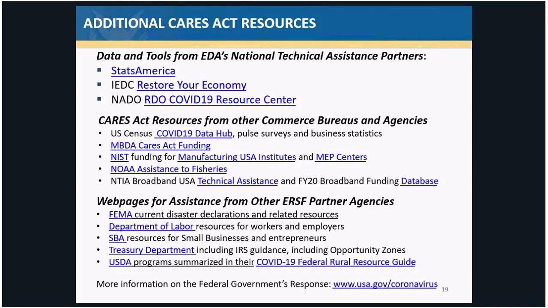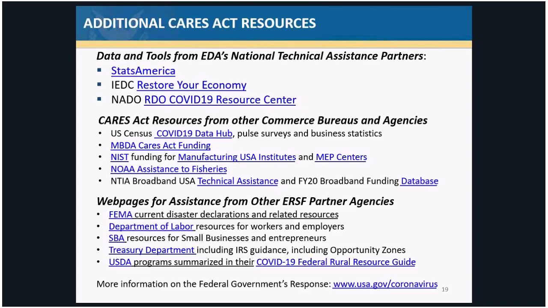And given the importance of connectivity in the current environment, we wanted to highlight resources that are available through the NTIA Broadband USA Technical Assistance and recently updated FY20 Broadband Funding Database. Links are all provided here. Also making available web pages with information about CARES Act funding are agencies that make up the Economic Recovery Support